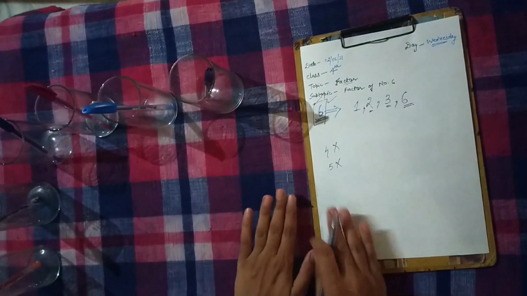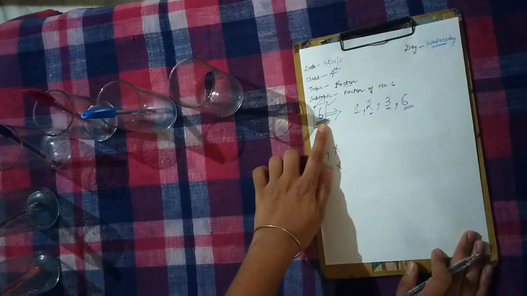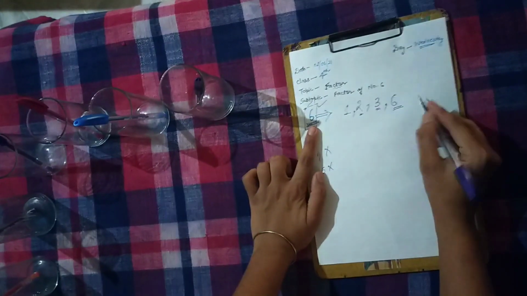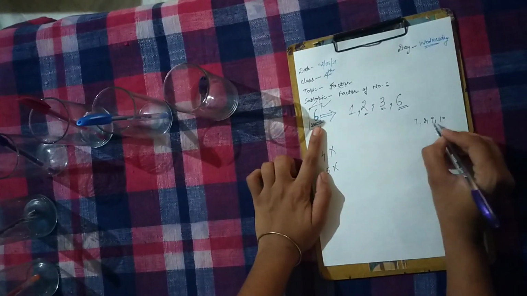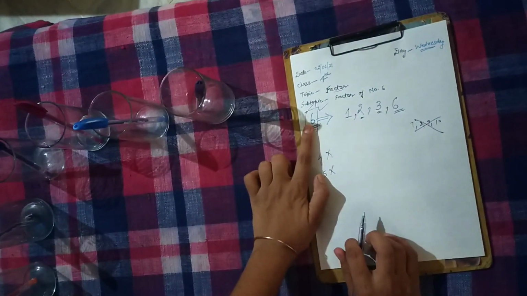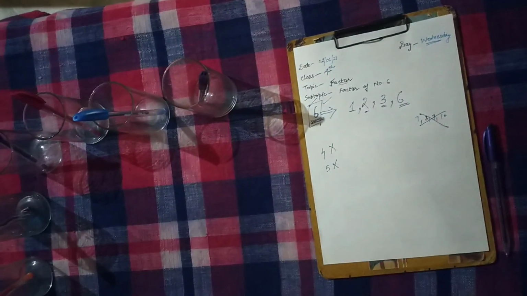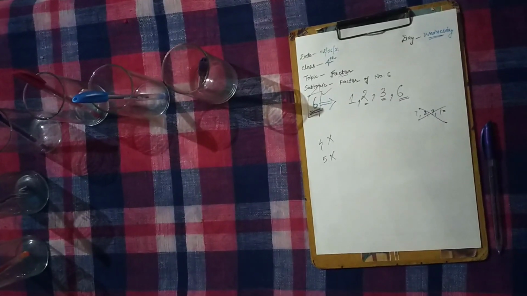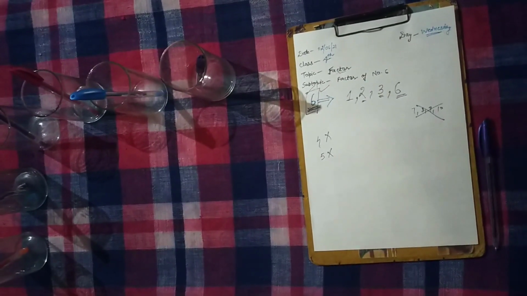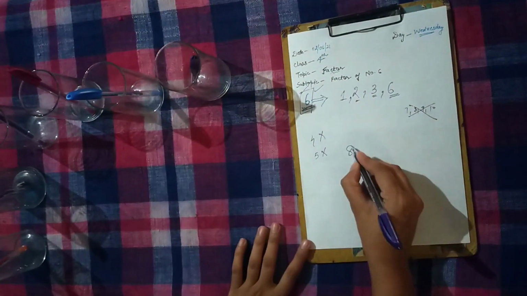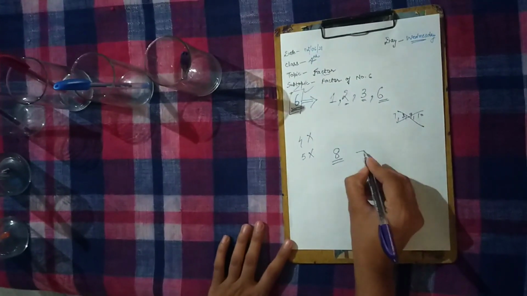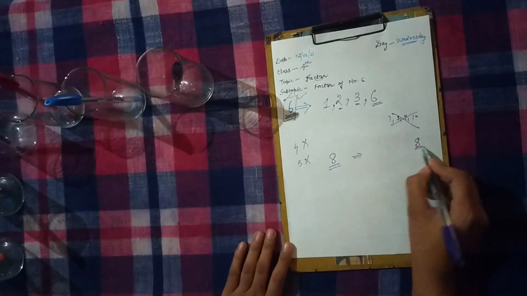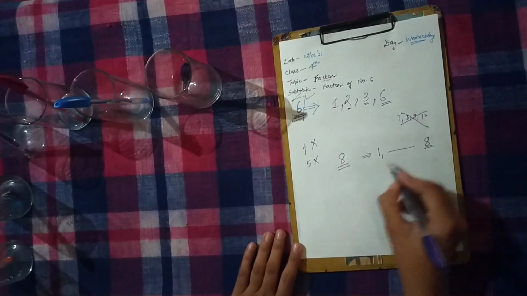So dear students, when we have to find the factors, we see only up to that number. If we are going to find the factors of 6, then we will see up to 6 only, because 7, 8, 9, 10, these bigger numbers are not factors of 6. We start from 1; 1 is a factor of every number. For example, if you have to find the factors of 8, you will do the same procedure, starting from 1 and going up to 8 only.